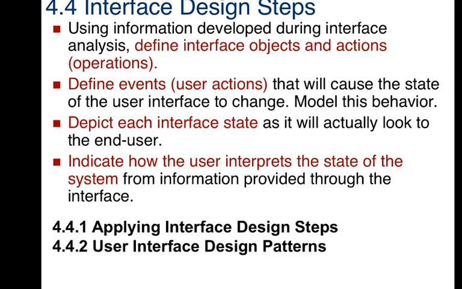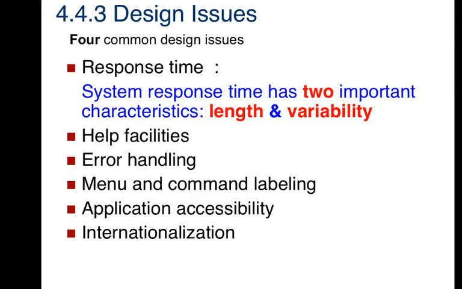A good interface comes with several issues. There are some main issues. First issue is response time. Response time is nothing but the amount of time taken for input taking as well as retrieval of the content from the component, that is output. Simply speaking, response time is nothing but the IO time. IO means input output time. It depends on two factors: length and variability.